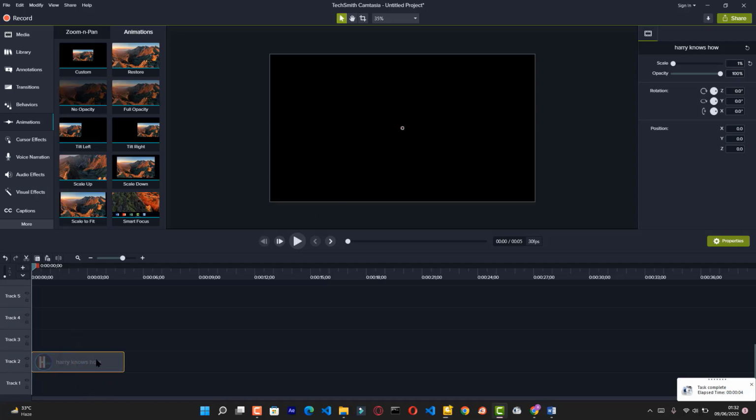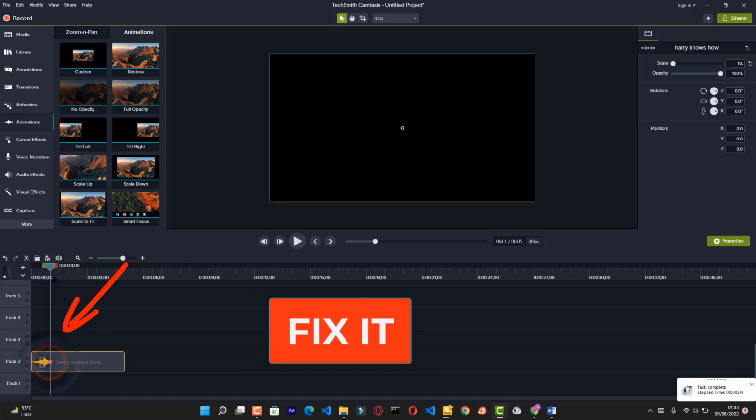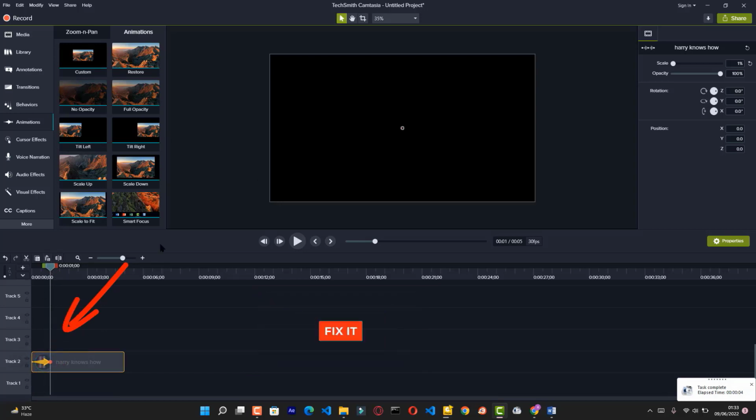Now we apply custom animation. All you need to do is drag and drop the custom animation effect onto the logo in the timeline. After this you have to set the position at the start. Now you can see a red dot. Now we have to go again to the scale and increase the scale size. Here you can see our logo appears, and after this we have to move it to the start and press the space bar. So here you can see our logo appears, and